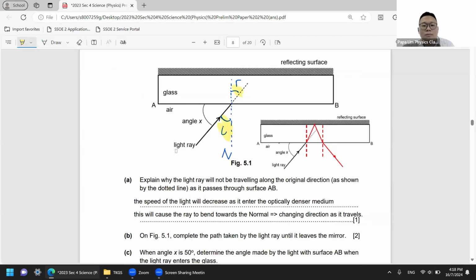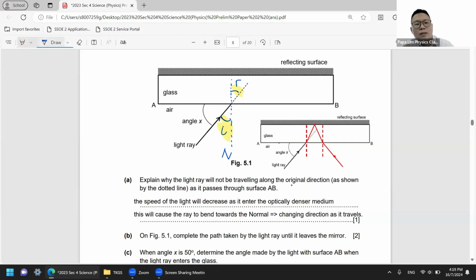Now let's look at the first part. Explain why the light ray will not travel through the original direction. I would say you will see this question quite often in various styles. Primary examples are: explain why the light ray changes direction, how the light ray changes direction upon exiting or entering a certain medium, or explain why the light ray bends towards the normal or away from the normal. So these are the different styles of questions,